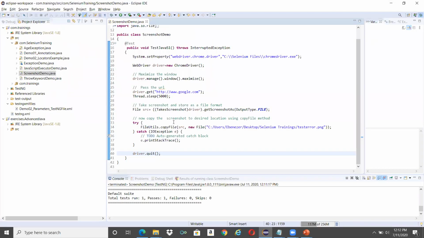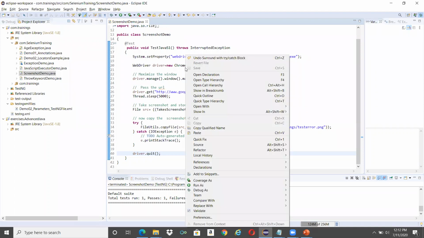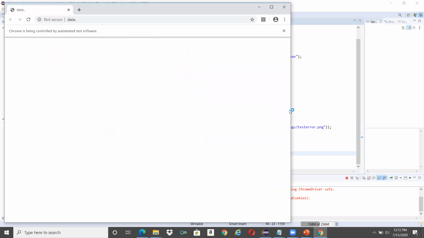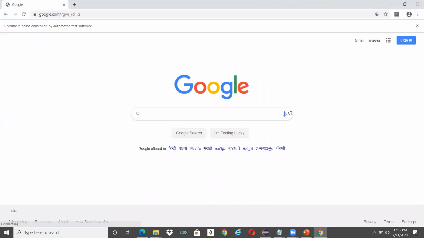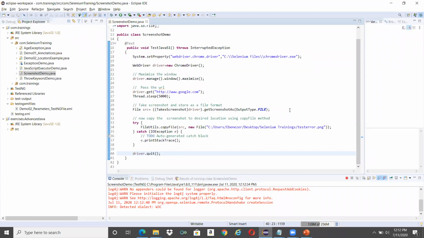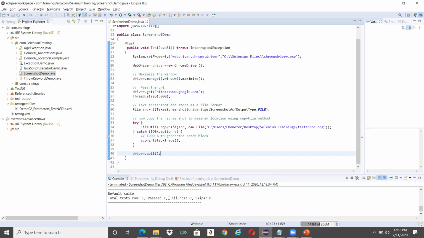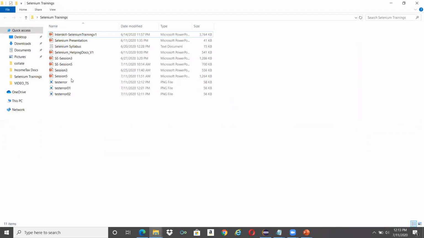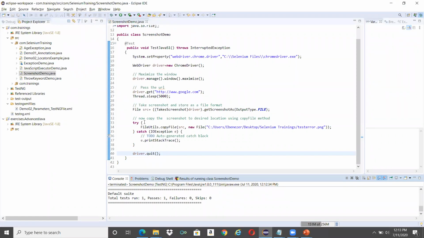I have just used try catch here and I'm saving it and running it. Yeah, program is terminated now. It is successfully executed. There are no failures. Let me go and see whether one more screenshot got generated here. Okay, so now I have shown you how to use try catch.